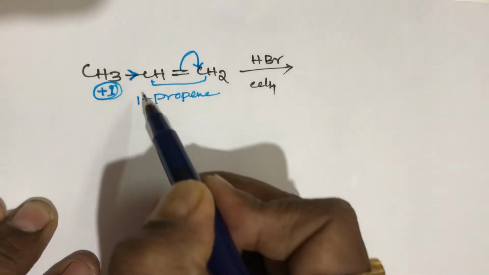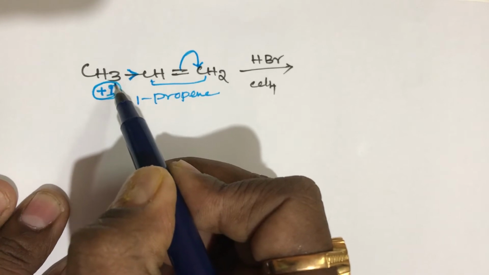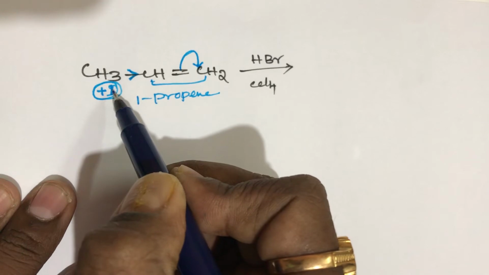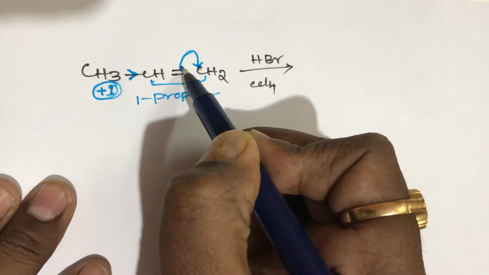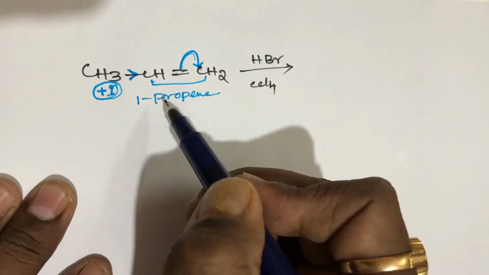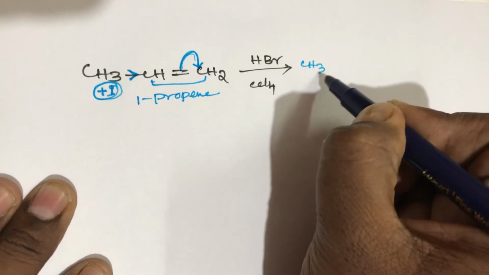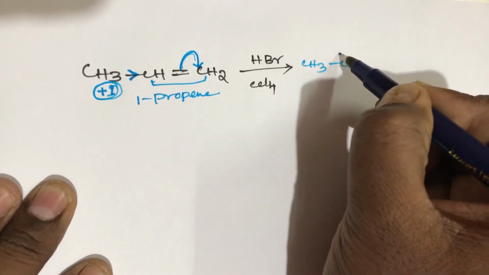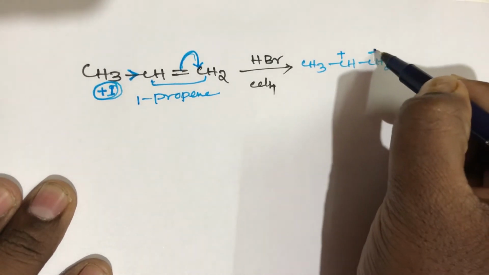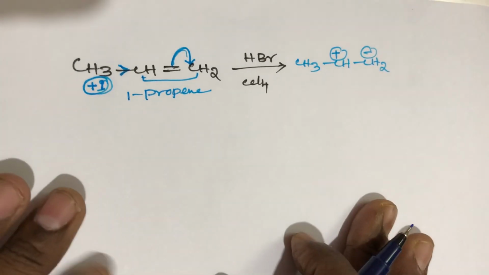Why? Because beside this double bonded carbon, a methyl group is there. This methyl group belongs to the plus I group, which is always an electron releasing group. So, that is why this bond shifts towards the right side only, and cannot shift to the left. That is the reason for bond breaking in the first step. So here we get CH3 CH plus then CH2 minus: this carbon gets a positive charge and this carbon gets a negative charge.